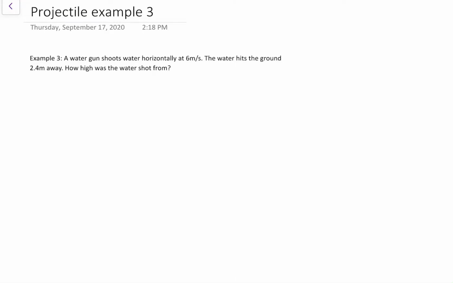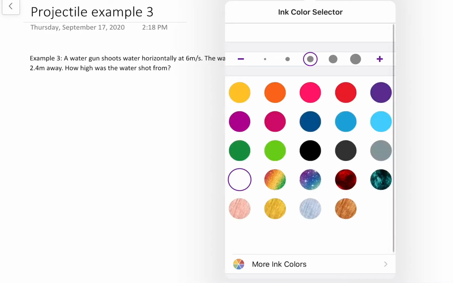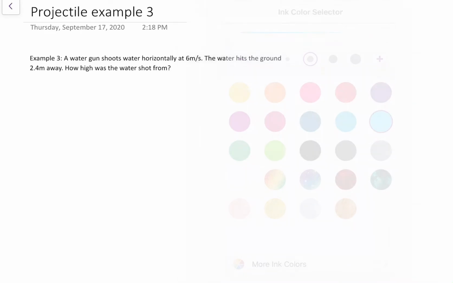Another projectile motion problem. Hopefully they're becoming, I don't know if I want to say routine yet, but you're getting the hang of how to do these. The method's going to be: read through the problem, sketch it, pick out the 3 numbers in the question mark. So I don't know if I'm going to be able to do a good drawing of this one,